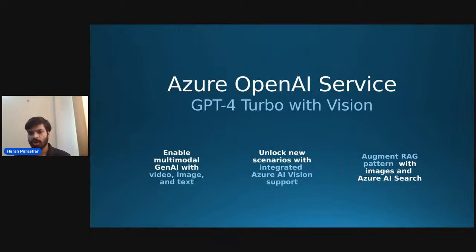And now coming to the augmented RAG pattern with images and Azure AI Search. A little while ago, we talked about Azure AI Search, and we were discussing vectors. Basically it stores information in the form of vectors, and we give our commands in the form of vectors. RAG is a type of model which you can use, and it creates a pattern. Like if we take the example of an exam, every exam has some pattern. Different board exams have different patterns, competitive exams have different patterns. So you need to search for what your pattern is.